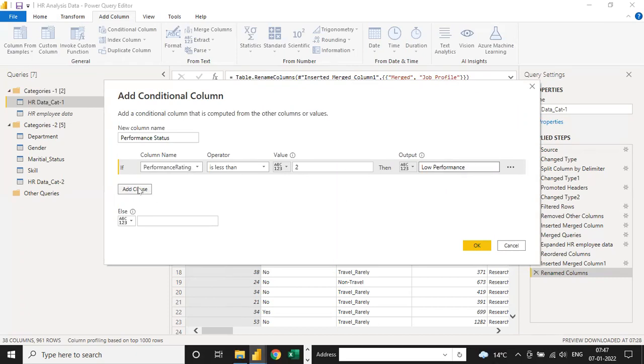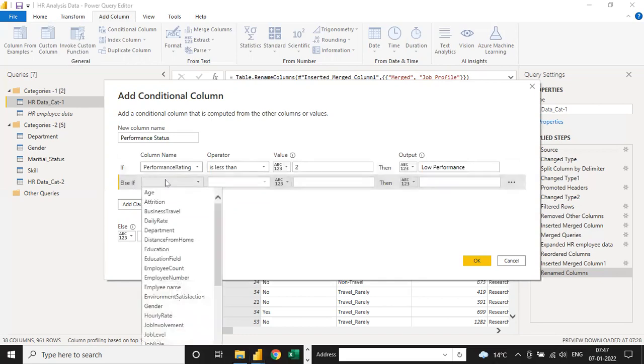Okay, add clause. See, if you write a 2 or 3 or 4 condition, you can directly put the add clause. And if you write any 2 conditions, then the first one is okay and the second one you can write here. But if you want 2 or more, 3 or more than 3, then you can use this add clause. So if I use add clause again, else if another requirement, here you can use the same column.